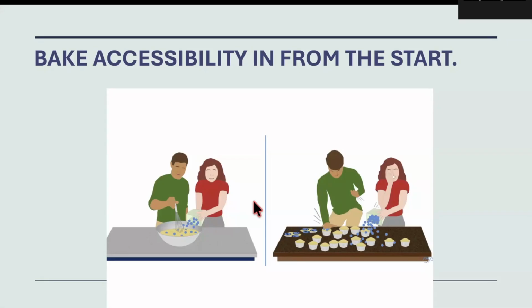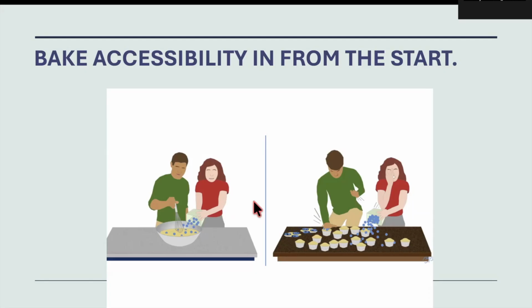On the screen, I have a comic by the inclusive designer Brian Parsons, and it's a 2-panel comic. On the left panel, 2 people are making blueberry muffins the traditional way. They are pouring blueberries into a bowl of batter. They both seem pretty happy with this process. And on the right side of the comic, we see a panel where the same 2 people are trying to shove blueberries into fully baked muffins. There are exploding muffins, there are blueberries going everywhere. One of the people is crying.